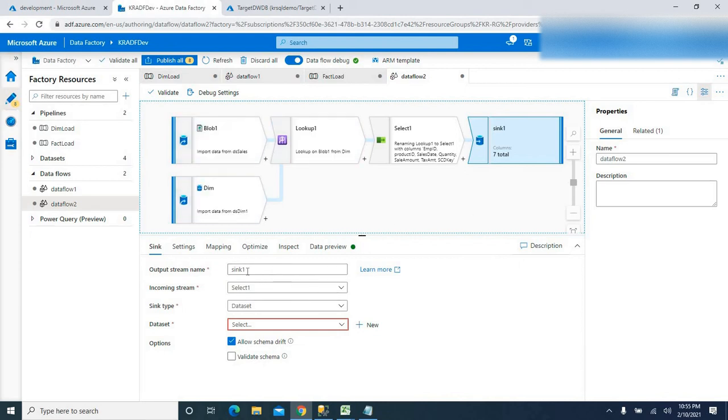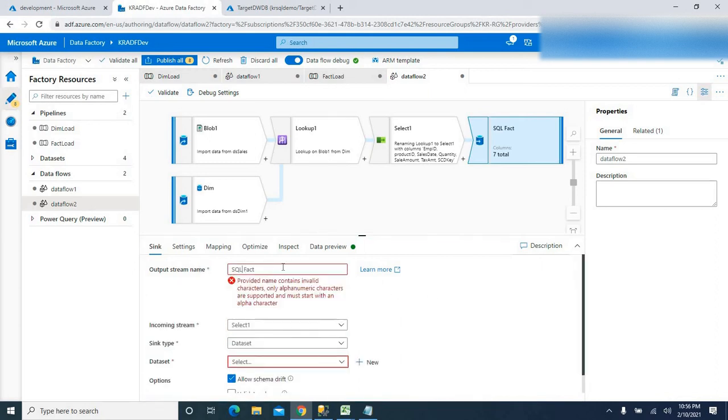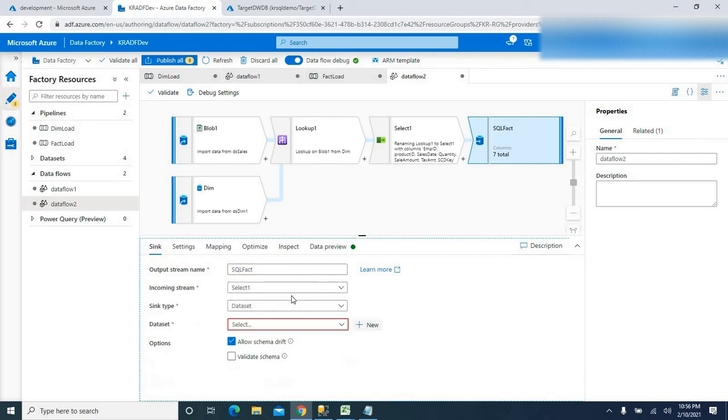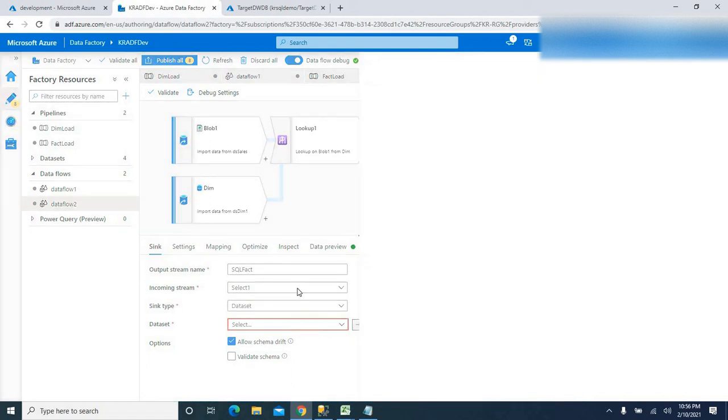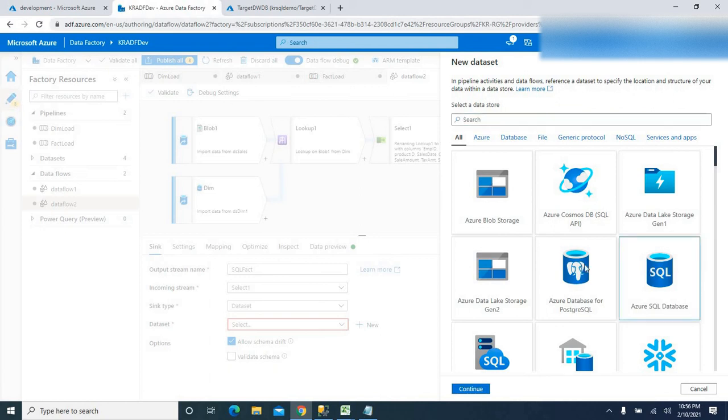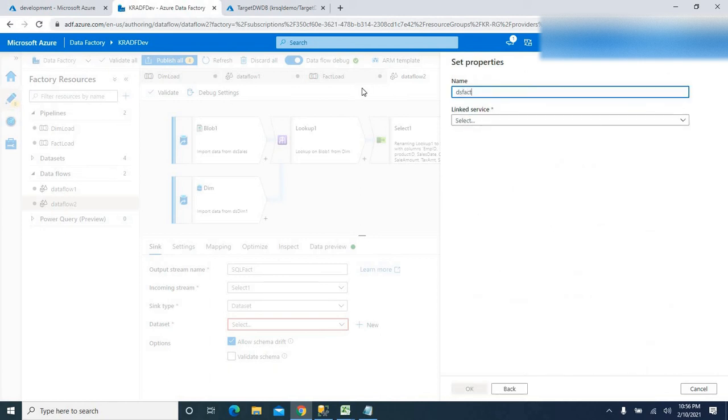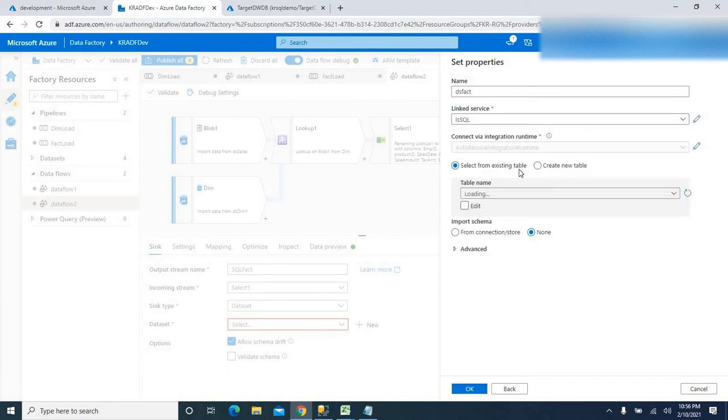All right, I'm gonna define the destination, that is fact. We can't have a space here, that's a problem. That's okay. And the incoming stream is of course the select. And I'm gonna create a new dataset, SQL database, ds fact, and the linked service we already created, that's okay.